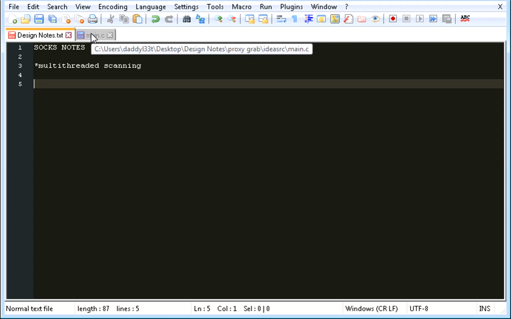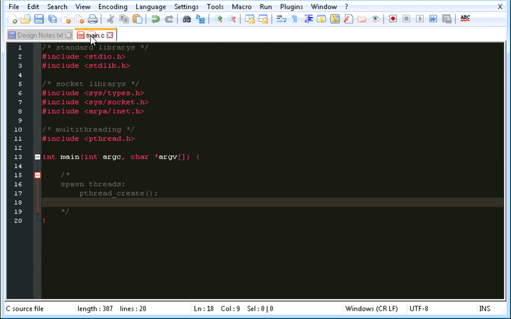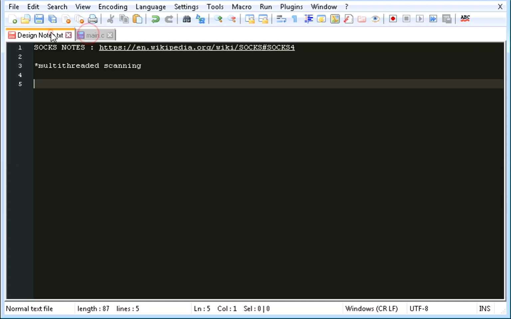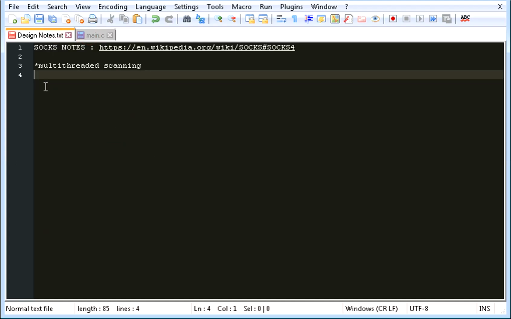You could be a proxy grabber and sell those proxies, or you could just do research with it. I wouldn't say go hacking the world with them, but